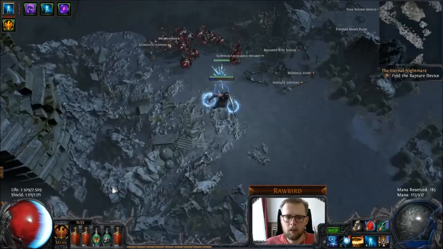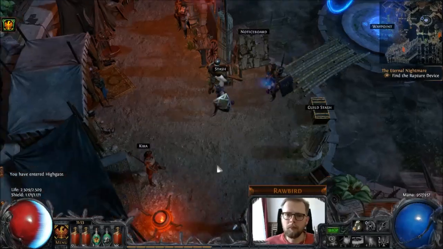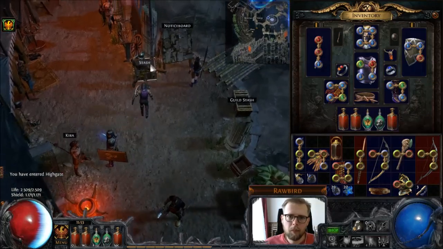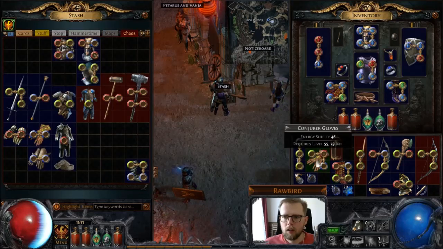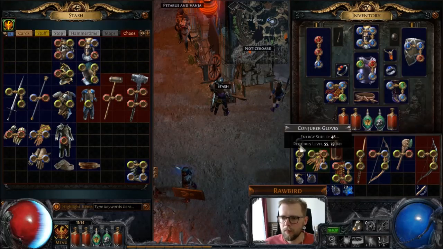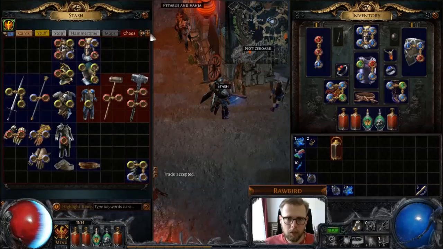And of course as a hybrid character I can't use Blood Rage. I could use the boots that give me Frenzy Charge on kill, but then I would have less ES to work with, which is why I prefer to use ES boots. So let's quickly sell off this stuff and then show you the current performance in maps, which is terrible,